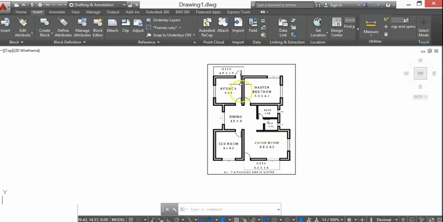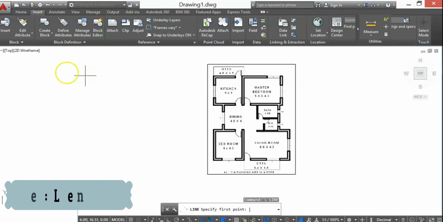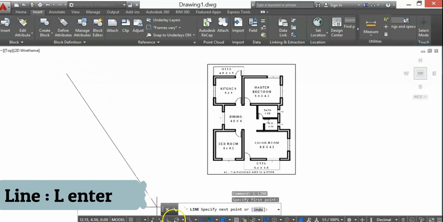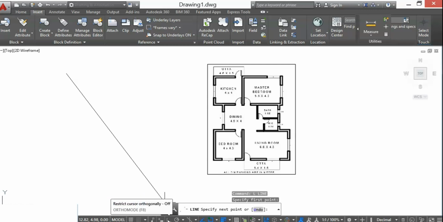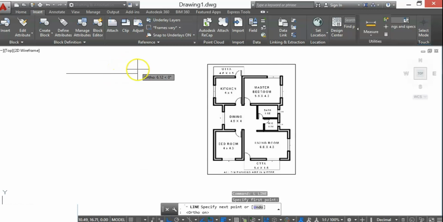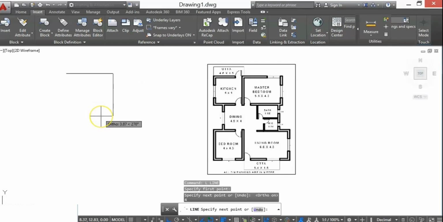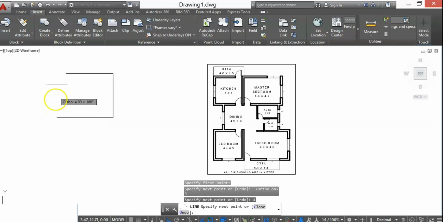So we'll start from the kitchen. The size of the kitchen is 4 by 4 meters. So for that, I'll type L, enter. L is for line, enter. By clicking one point for the straight line, you have to always turn ortho on. You can also do it by F8. 4, enter. 4, enter.